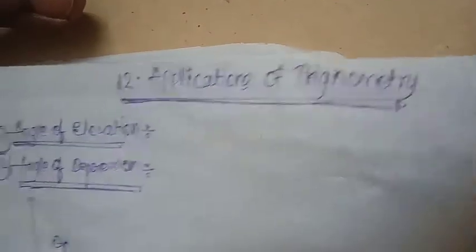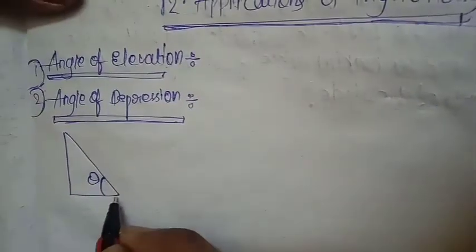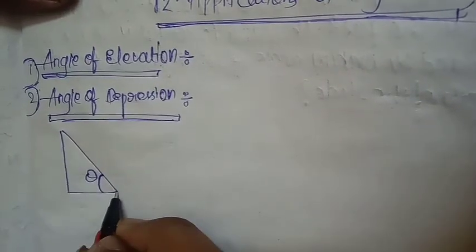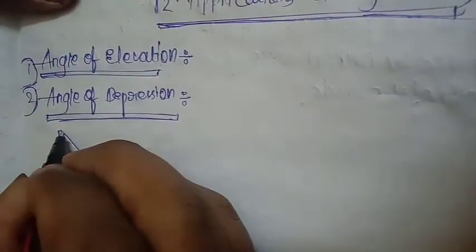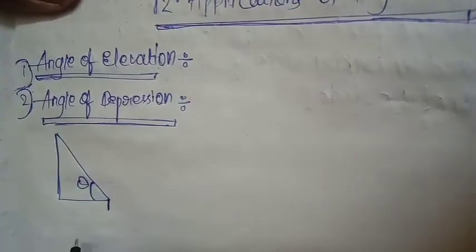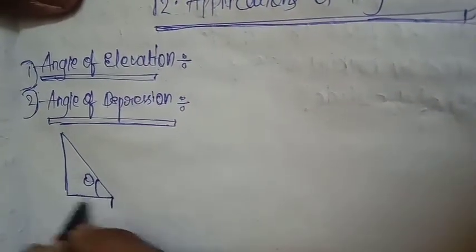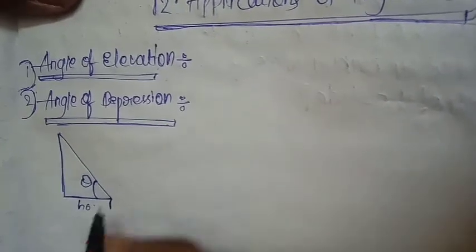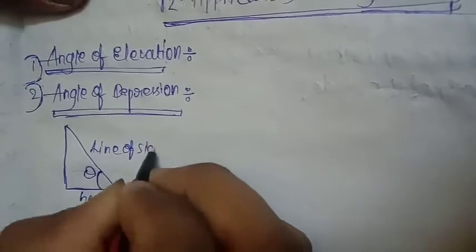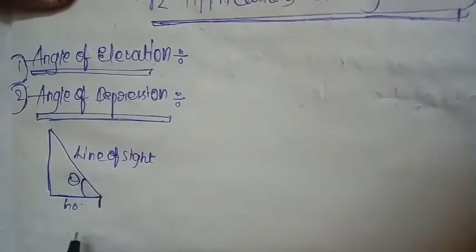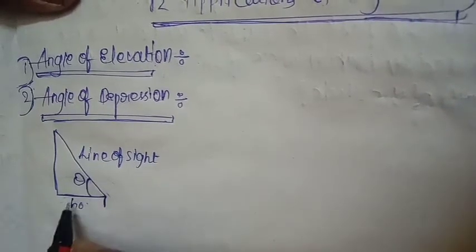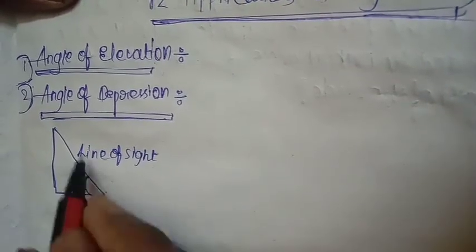First, what is meant by angle of elevation? Let's imagine here is a man. This man is seeing the top of a pole. So this will be the horizontal line, and this will be the line of sight. So the angle between these two lines, the horizontal line and the line of sight,